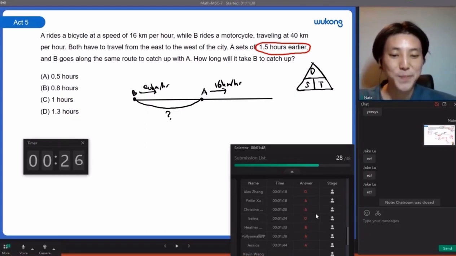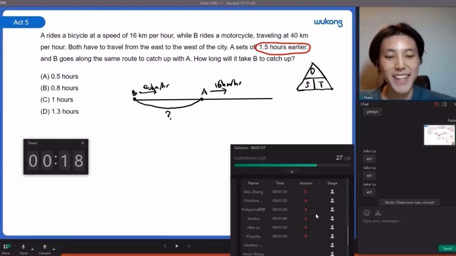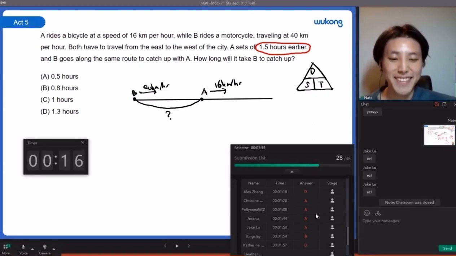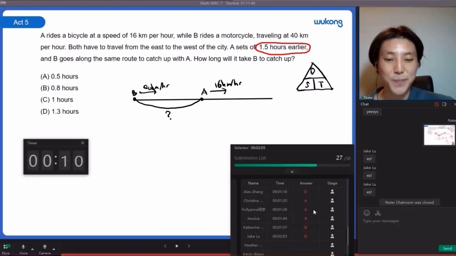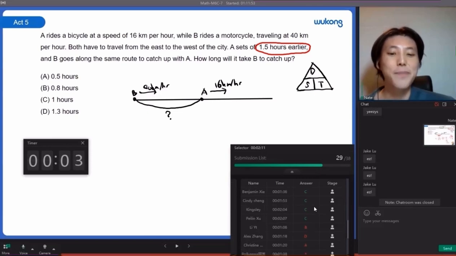Paylin, Selena, Heather, could you guys please double check? Jay, could you please double check? Very good, Cindy. Very good, Paylin. There we go. Kingsley,